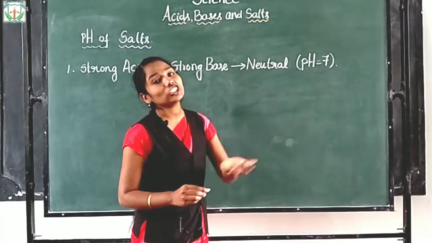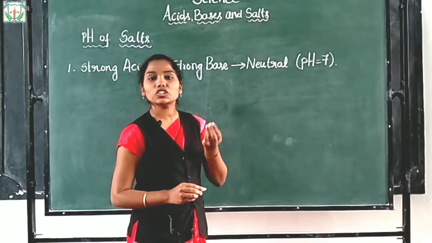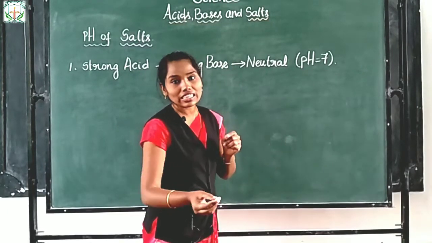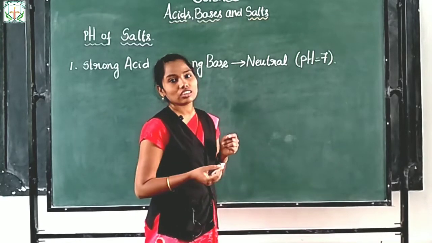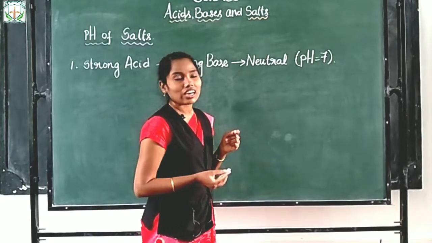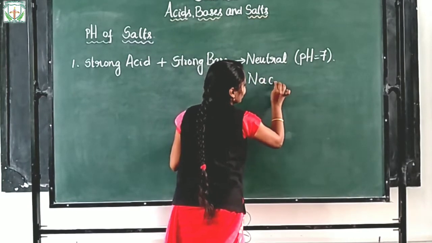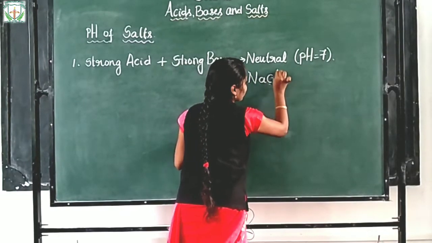And what is the pH of the salt if it is neutral? It is 7. So among the 3 salts, which one was neutral in nature? Yeah, we took the sodium chloride solution. So the salt sodium chloride is